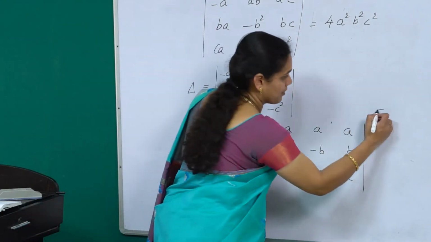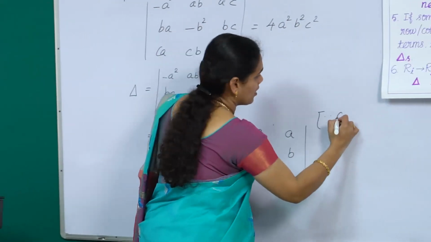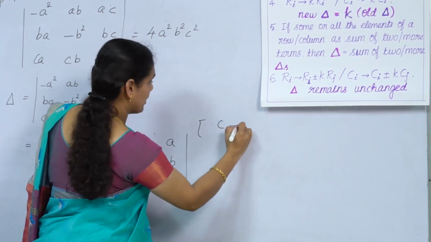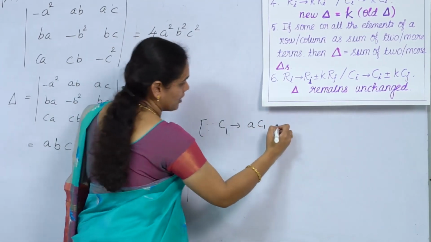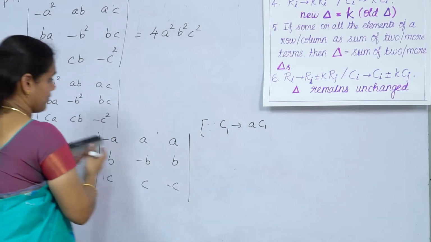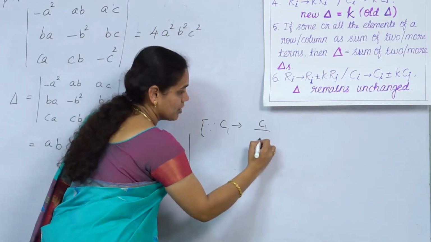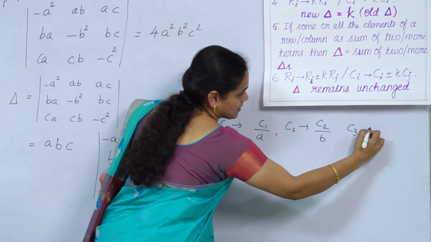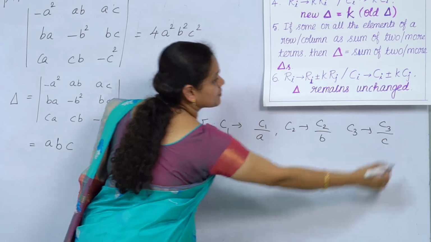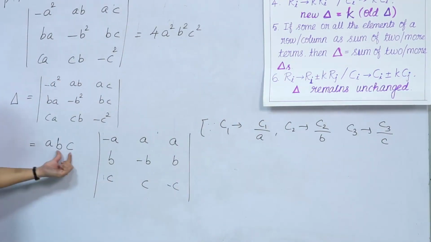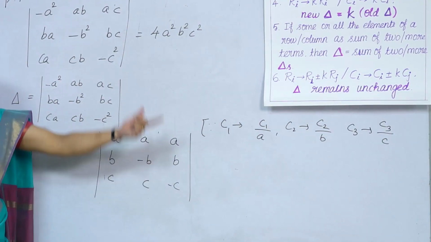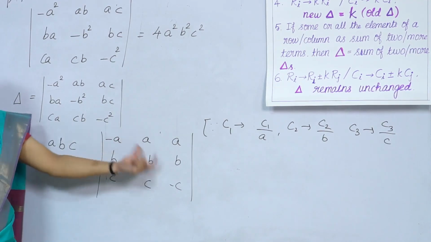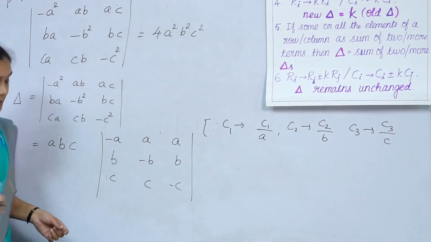You can write here, since C1 as C1 divided by a, because we are taking out a, and C2 as C2 by b, and C3 as C3 by c. Okay, then the determinant will be equal to abc times k times the delta, as per the property. Here what is k for us? abc. So abc times this one. Okay, then next,